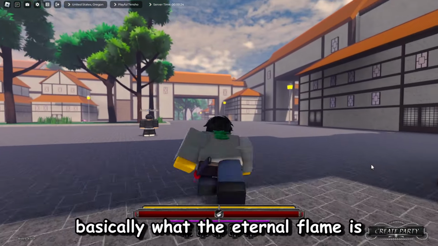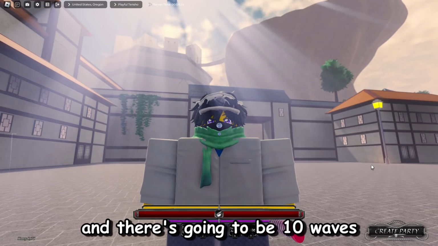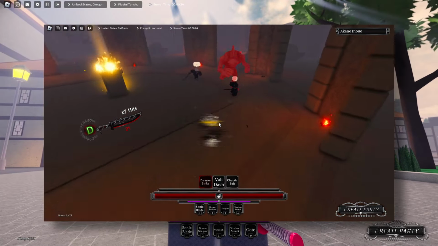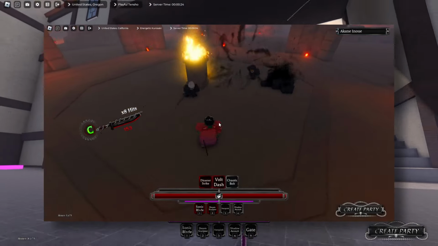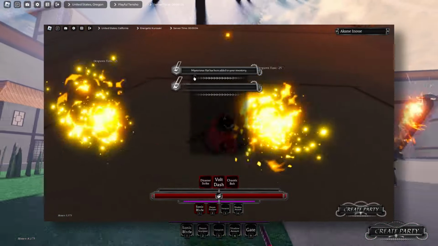So basically what the Eternal Flame is, it's like this mini game that you could bring yourself or other people with, and there's going to be 10 waves. In those 10 waves, you're going to be fighting hollows and NPCs, mostly Shinigamis from what I can tell. Every 5 waves, you get loot. And by loot, I mean a lot of loot. If you were doing this by yourself and you want to be greedy, you're going to get a lot, especially